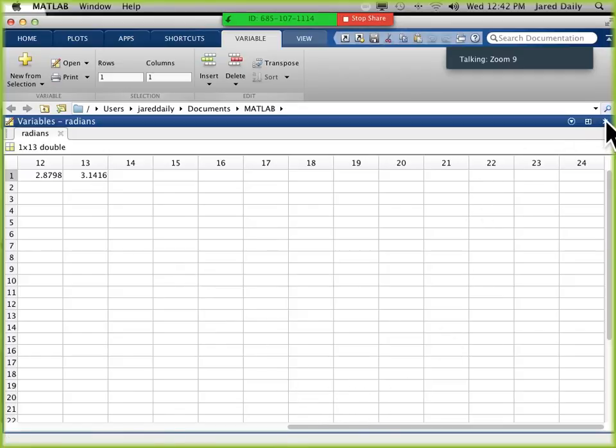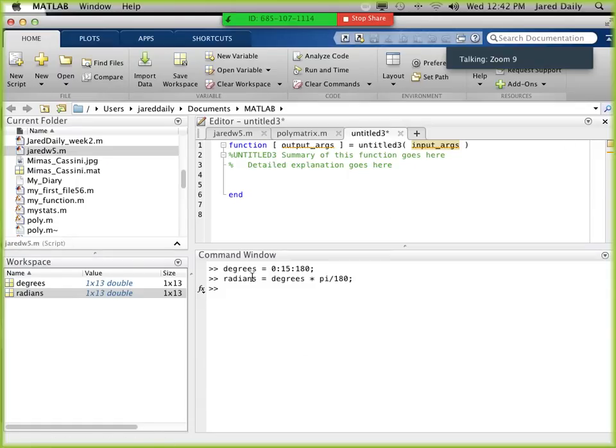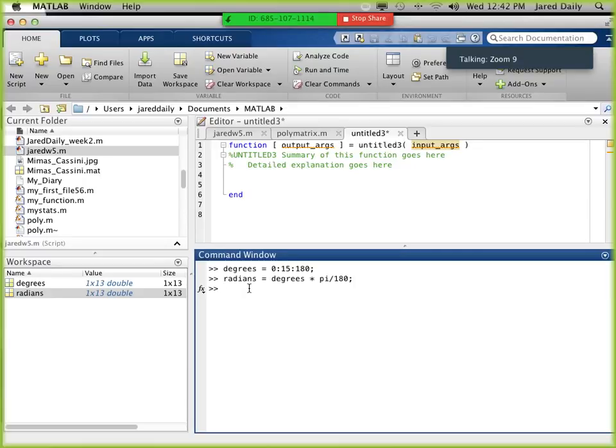So that makes sense if you're familiar with that. If you're not familiar with that, your radians vector should go from 0 to 3.14. And then the next thing we want to do is build a table. We want to build our table of